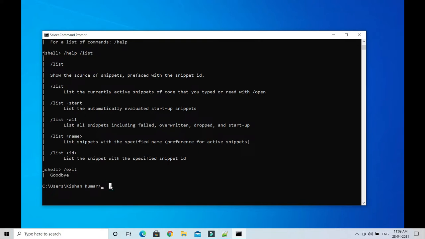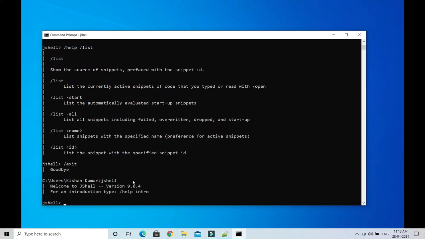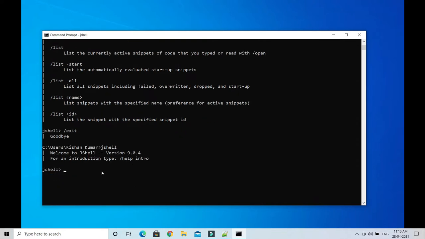If you want to go to JShell again, you need to type jshell and press enter. Then we are back at the JShell command prompt.